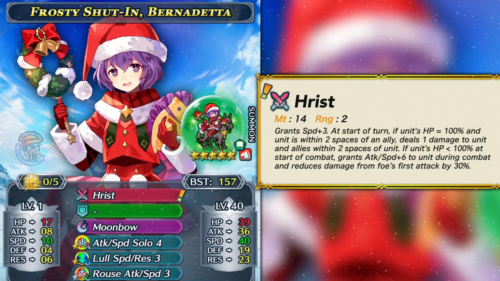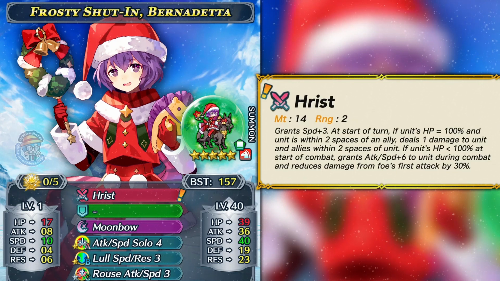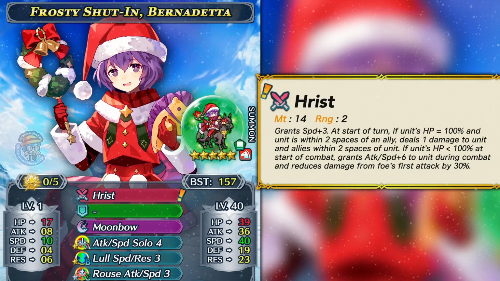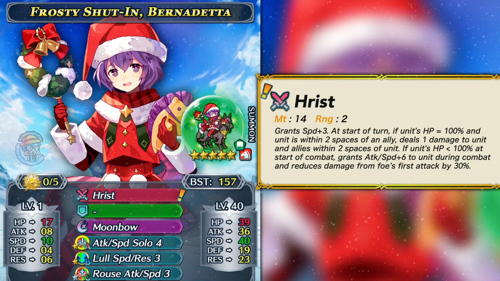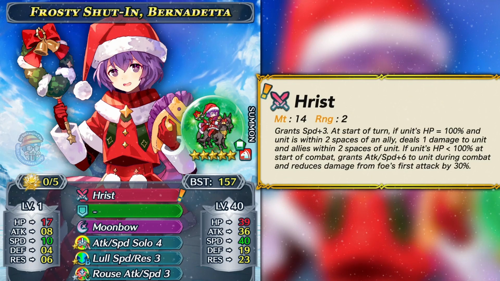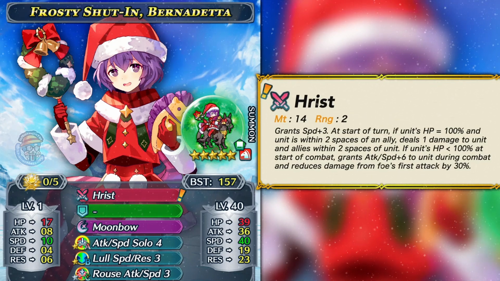So if she's not at full HP, then she gets +6 attack and speed, and also reduces damage from foes' first hit by 30%. And this damage reduction is in both phases, so this can definitely help her survive some hits because she's going to be really fast. So not a lot of units can double her, and if she can reduce the damage from the first hit, then many times she can survive and safely get into the desperation range and do stuff like that. So this weapon is extremely good because it just